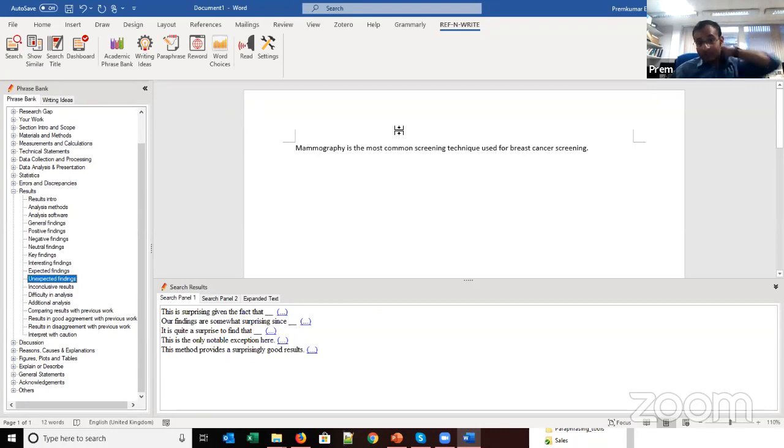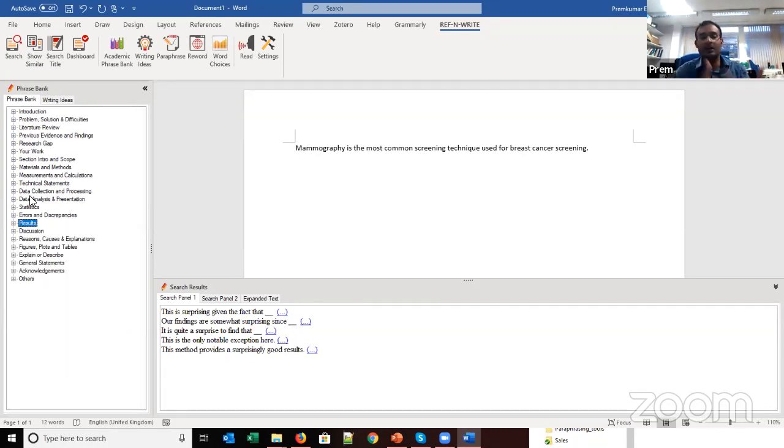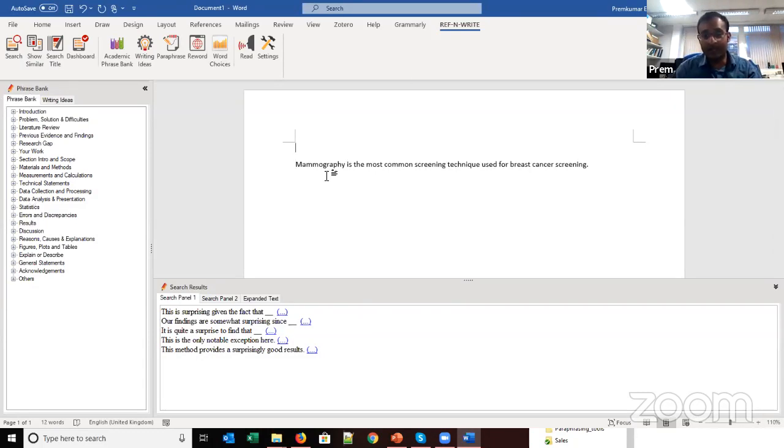And one other feature I would like to show is, as I told you, there are hundreds and hundreds of categories and subcategories, and it's not really possible for you to go through all the categories and subcategories every time. You can actually search for the categories by hitting writing ideas. Let's say you want to write something about statistical tests in your research paper, and you simply have to select the text "statistical test" and hit writing ideas.